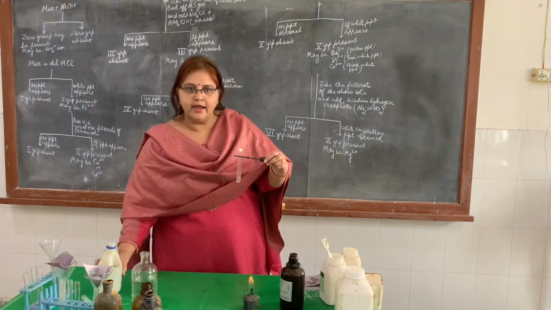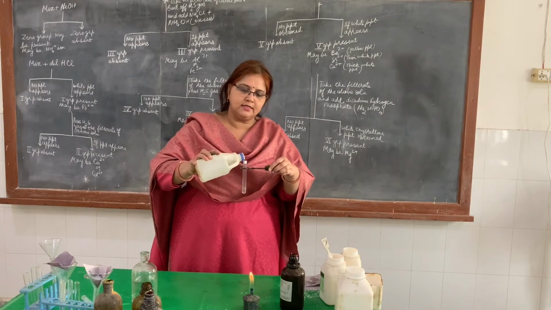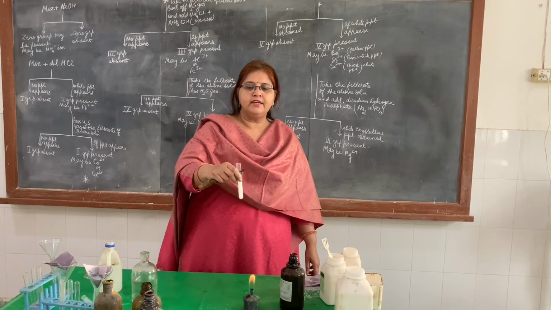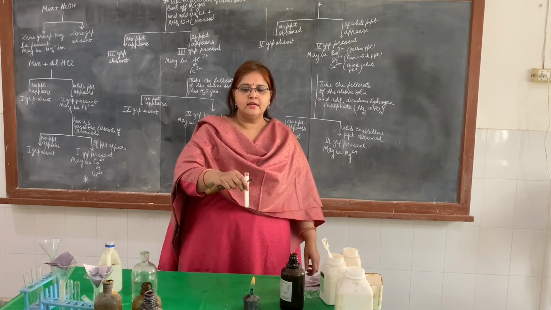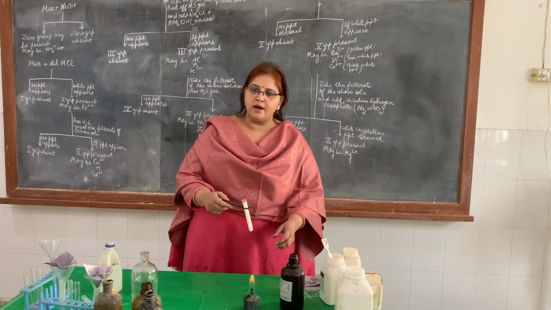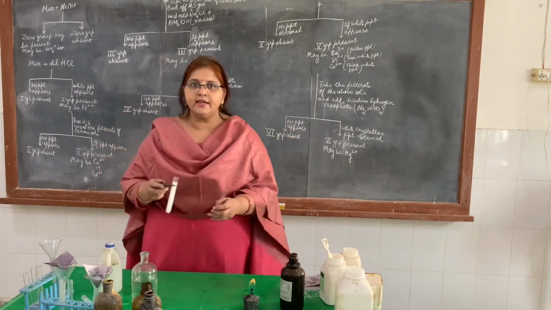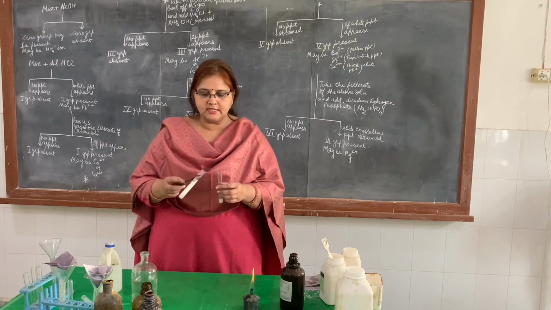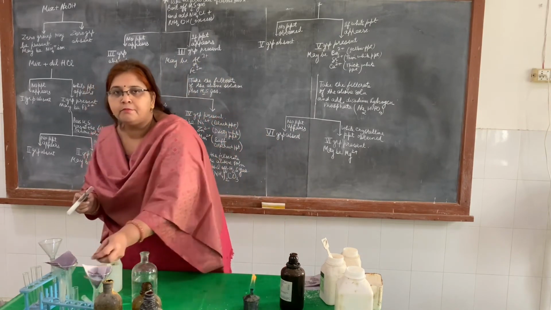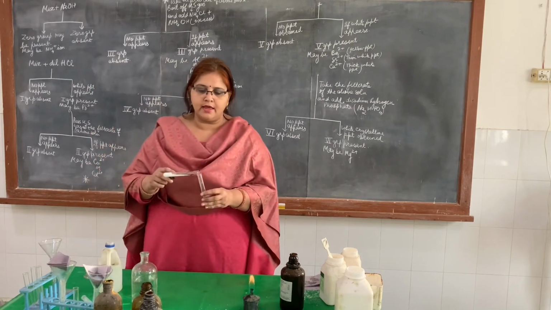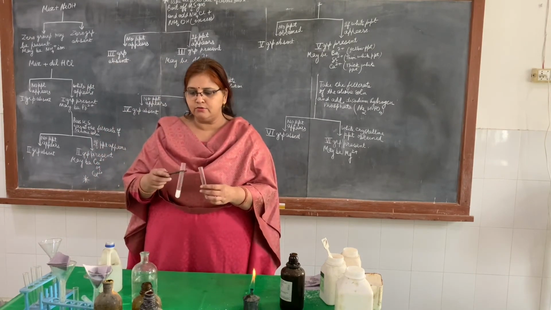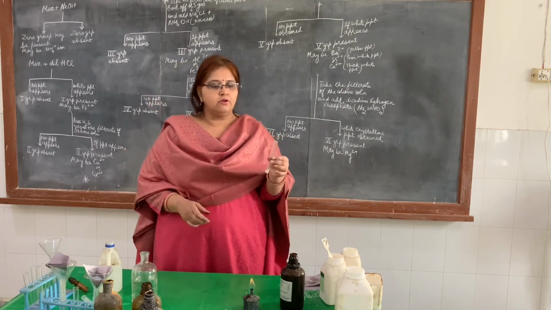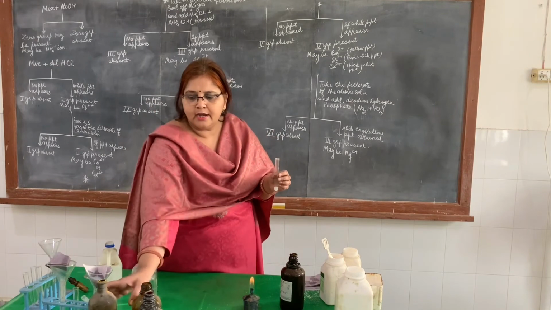Now filter the precipitate and dissolve it in acetic acid. When it is completely soluble in acetic acid, divide it into 3 parts. Why are we dividing it into 3 parts? Because as I have already told you, we always do the test in sequence. That is, first for barium, second for strontium, and if both are absent, then only we will do the test for the calcium ion. So, to one portion, we will add potassium chromate.